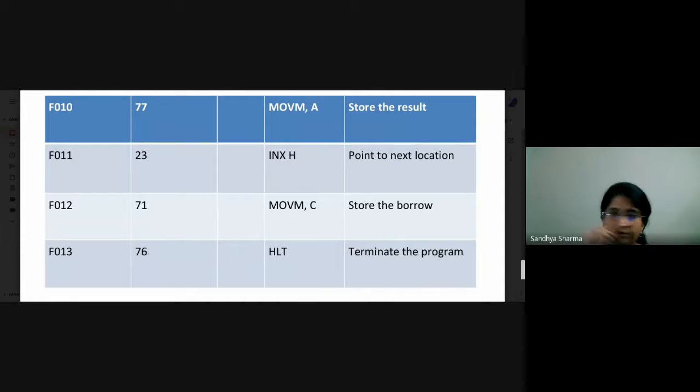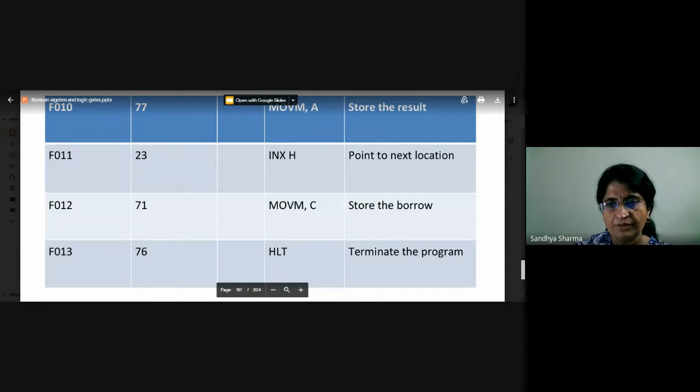Okay, so what type of data in C you have to put into that particular memory locations. HLT, if you want to close your program, or so you can terminate the program by using the instruction HLT. So that is a very basic instruction. Now by using these instructions we can make a very small program. So we will see here how we can make our program.